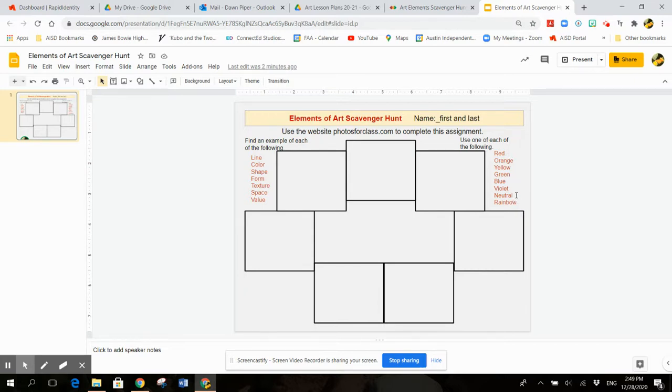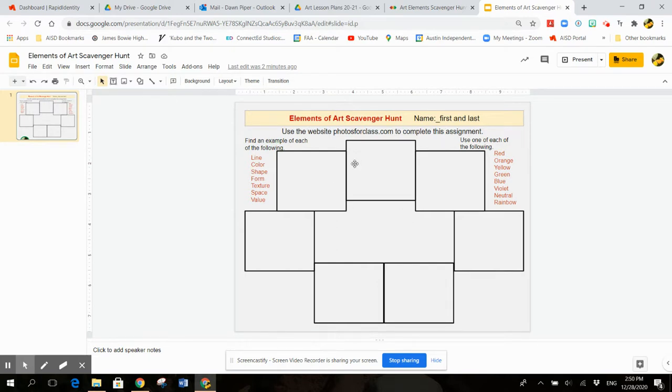one of these bottom 2, either the neutral or the rainbow, because I think it would be really nice to have an example of red, orange, yellow, green, blue, violet, and then your choice of either rainbow or neutral. But I'll leave that up to you, and it really does not matter to me. So if you don't have a good example of yellow, then leave off yellow and use neutral instead. That's totally fine. Okay? Now, it says that I've used the website